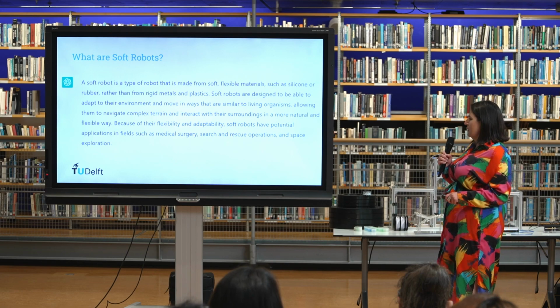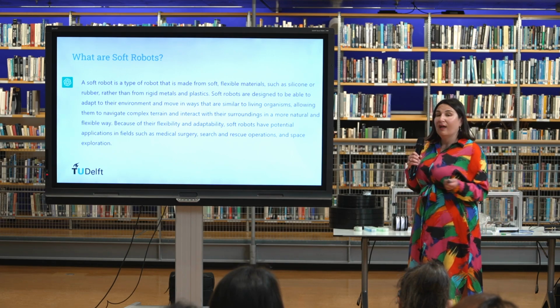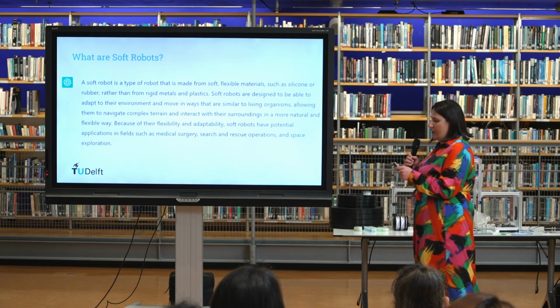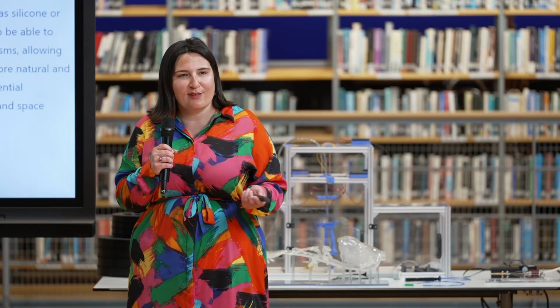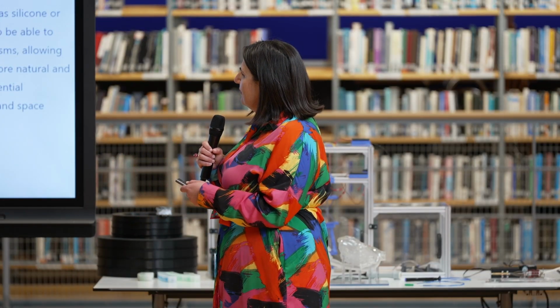Because of their flexibility and adaptability, soft robots have potential applications in the field of medical surgery, search and rescue operations, and space explorations. So I hope this gives you a nice idea of what soft robotics is about, and